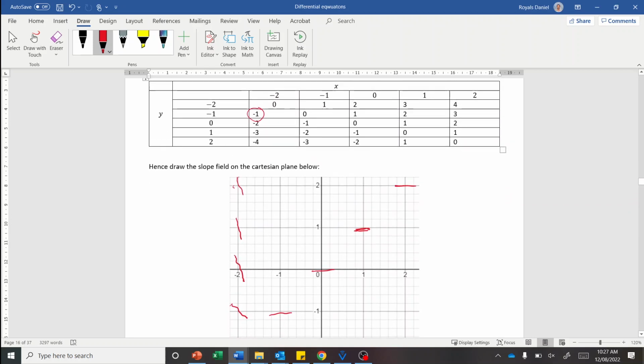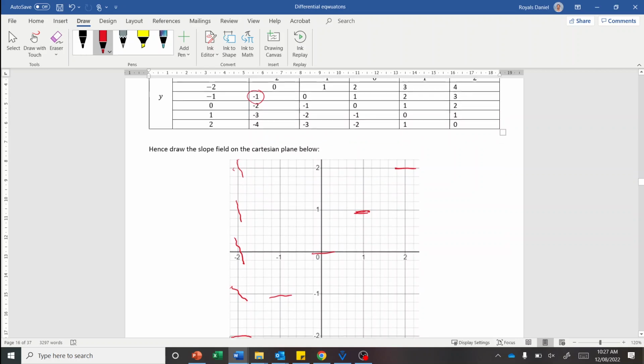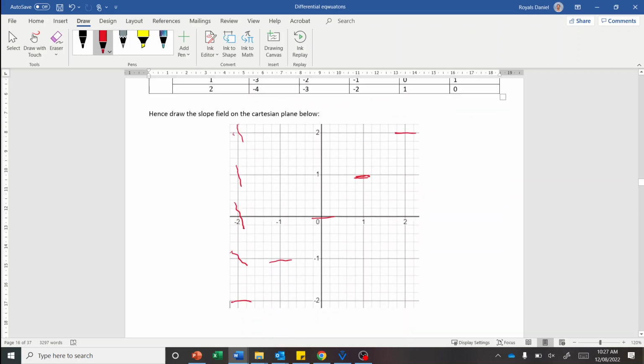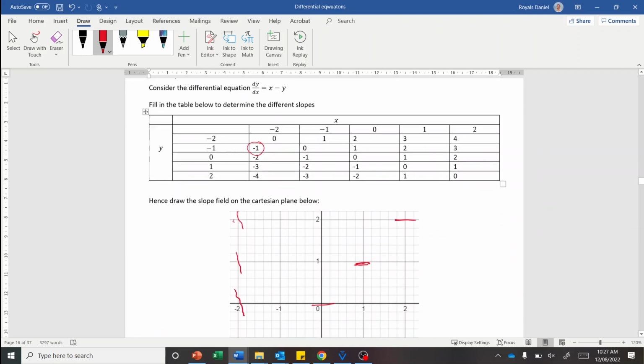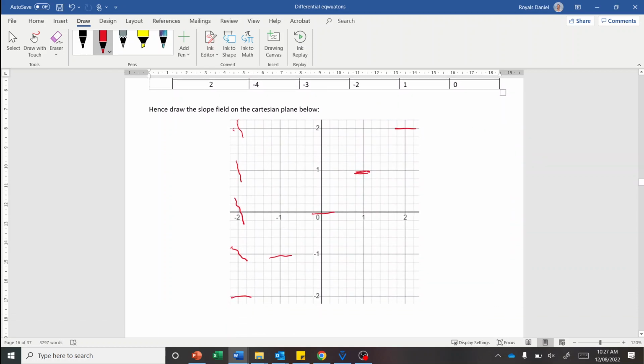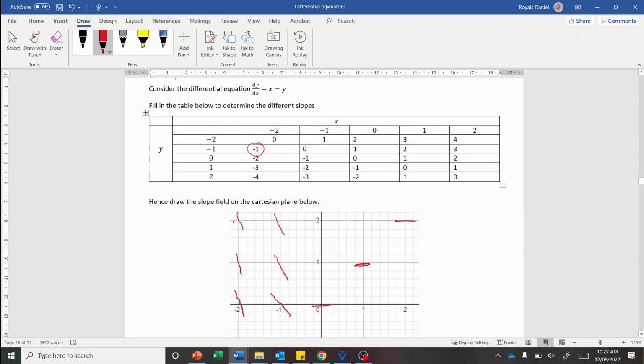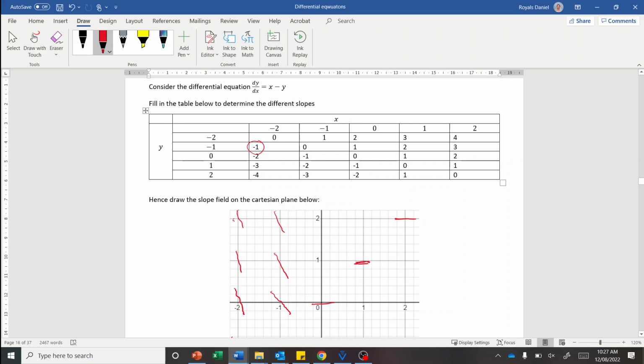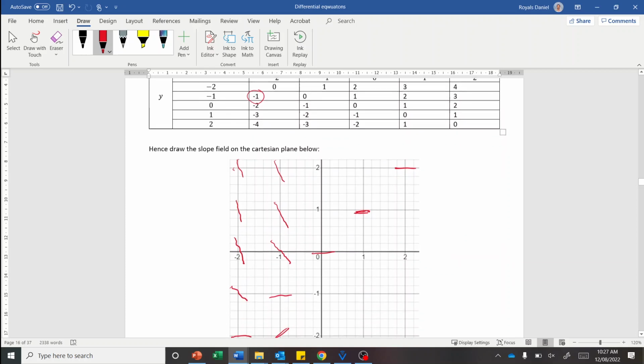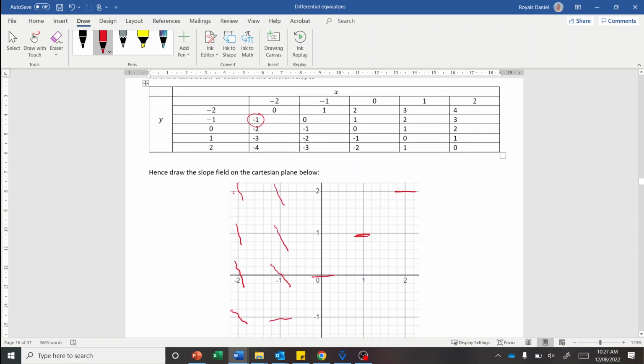We've got when x is minus 1. Okay, so we'll start at the bottom. When x is minus 1 and y is minus 2, the slope is positive 1. All right, so we have a slope of 1, 0, then we've got a slope of minus 1, then a slope of minus 2, and then a slope of minus 3. Okay, so I'm going to stop talking about it, and I'm just going to keep filling it in according to the table there. So from minus 1,